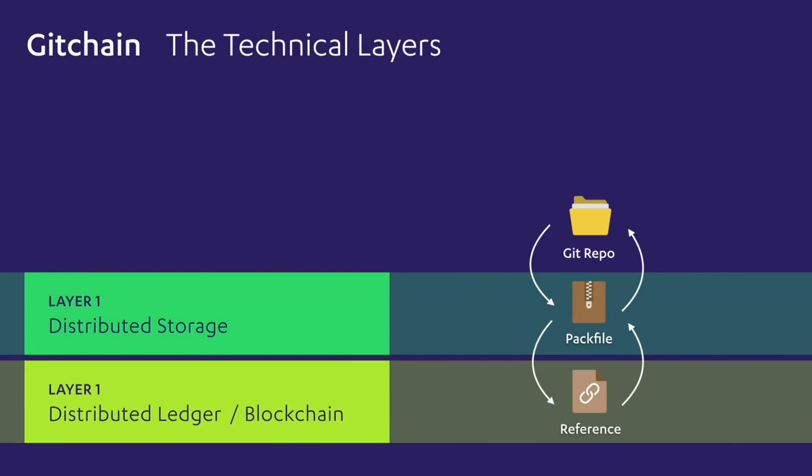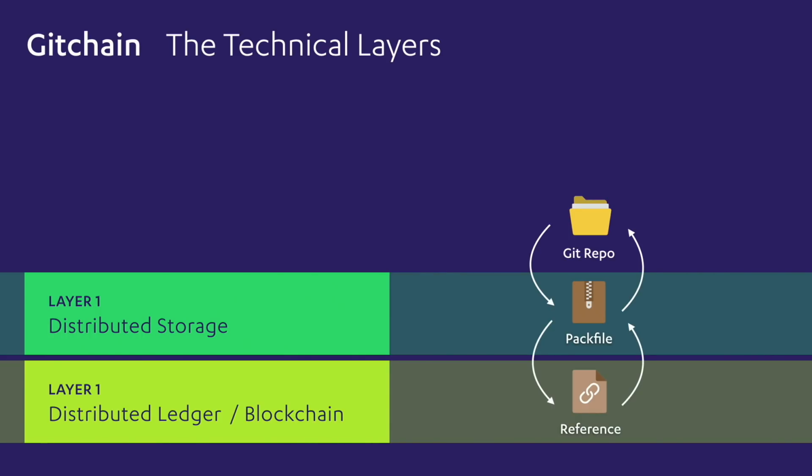So this is another way of looking at the same thing. We have our distributed ledger or blockchain layer. You have the distributed storage layer. Both of these are considered layer 1 protocols, right? They sit on the bottom of this thing, providing a ledger service, providing a very flexible content addressable storage service. And your Git repository is really an abstraction that sits on top of that, which allows you to open up the folder instead of inspecting the blockchain or looking into a pack file, and you can see things in clear text.